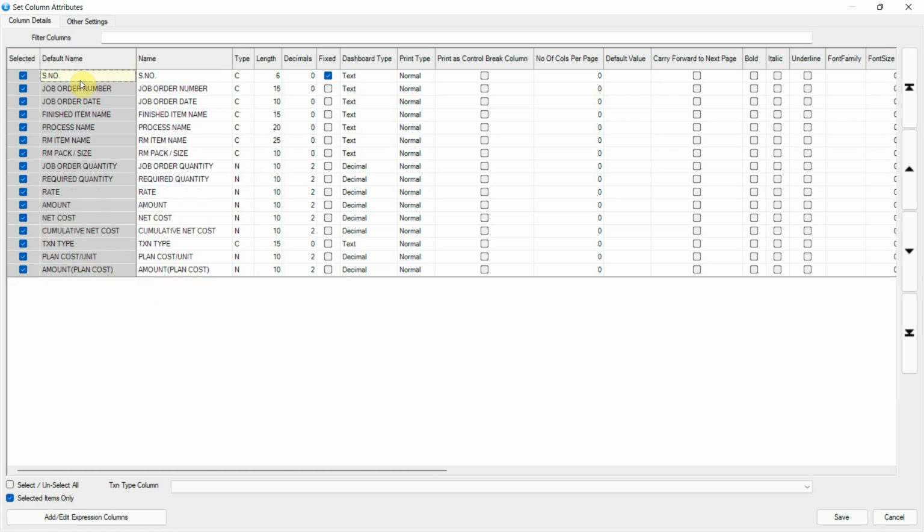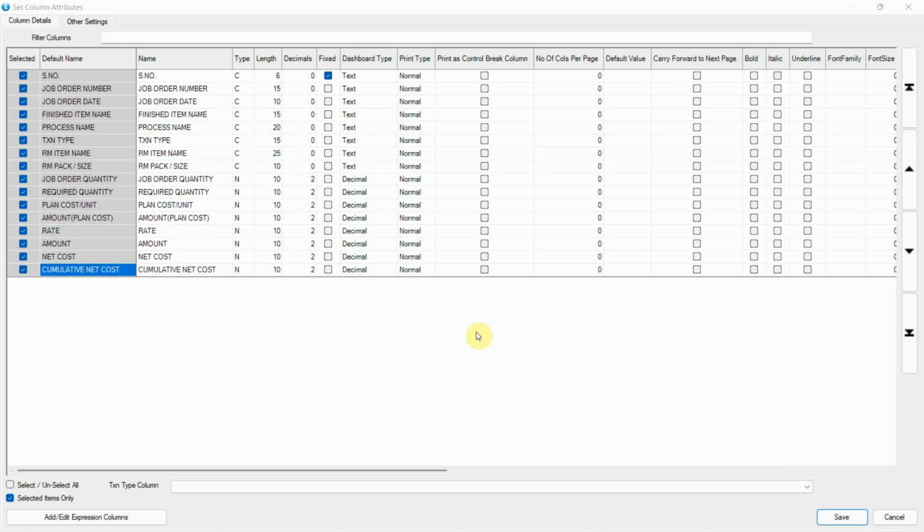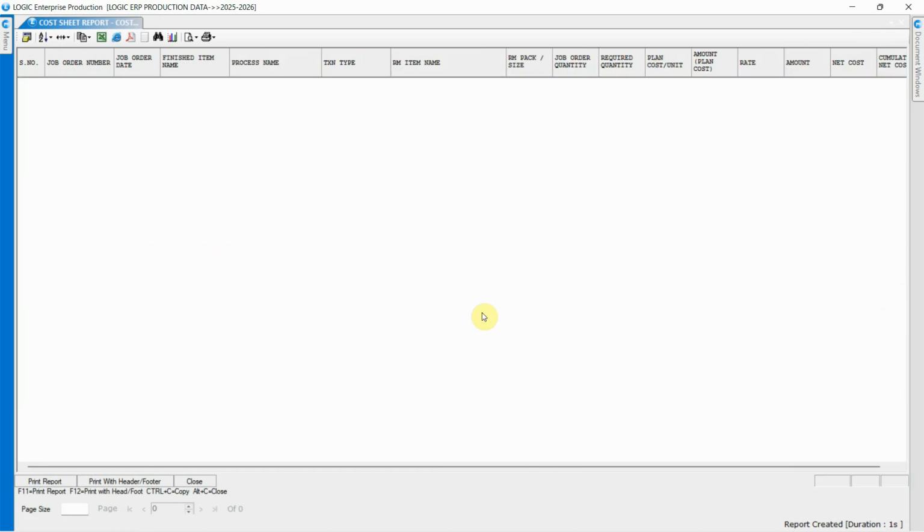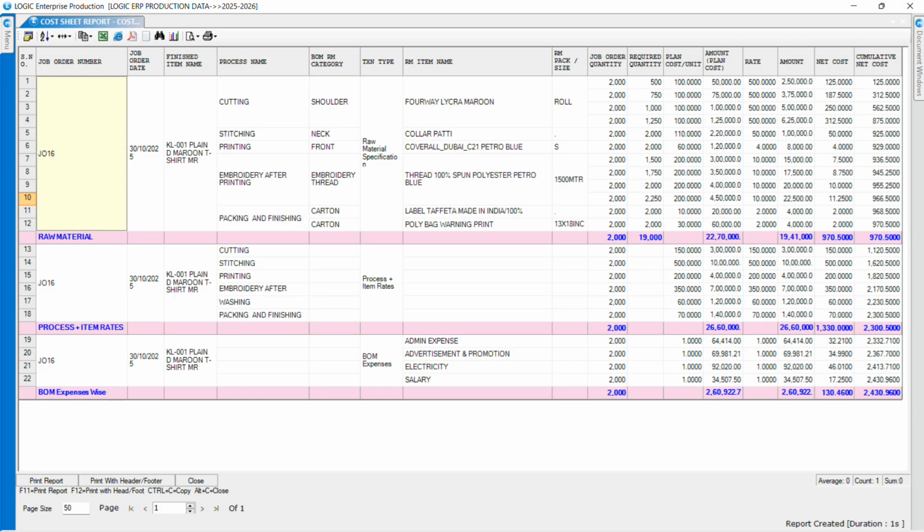You can also rearrange the column order using the arrow keys accordingly. Save the changes and refresh the report by pressing the F2 key. As you can see, the updated data has been reflected in the report.